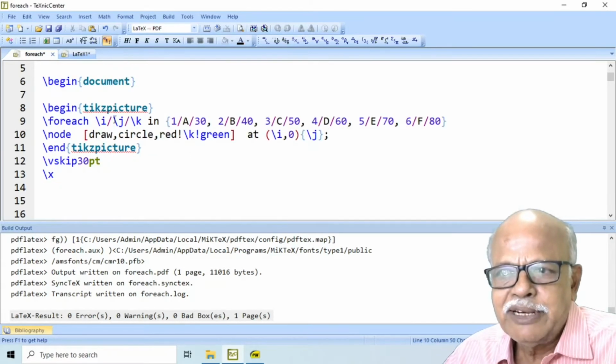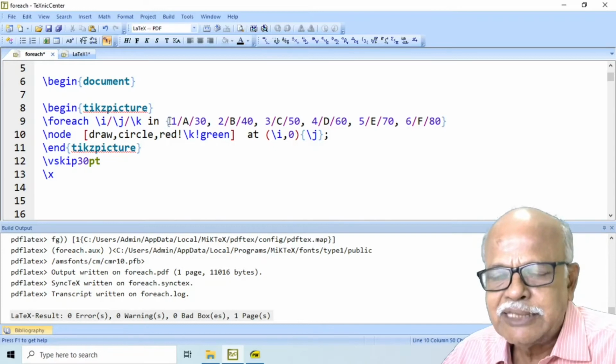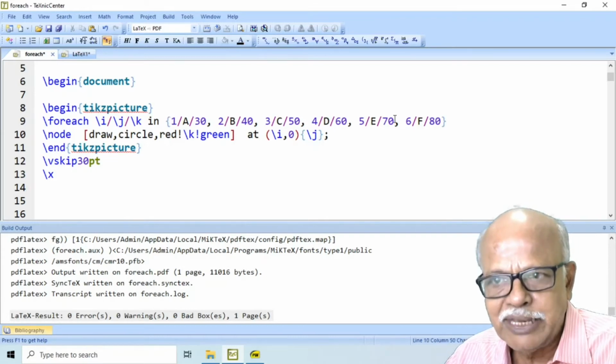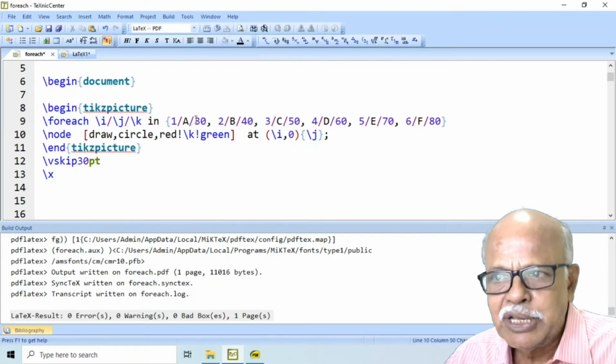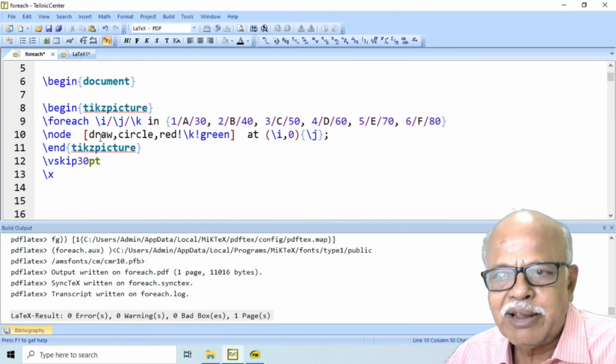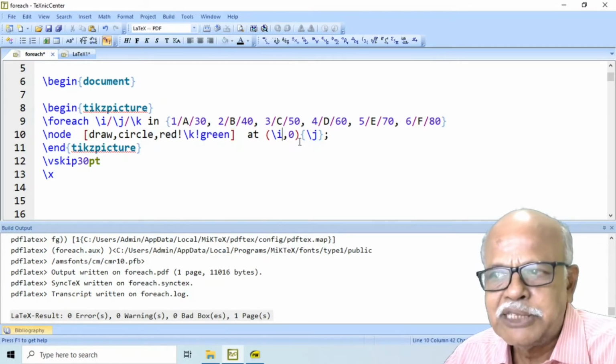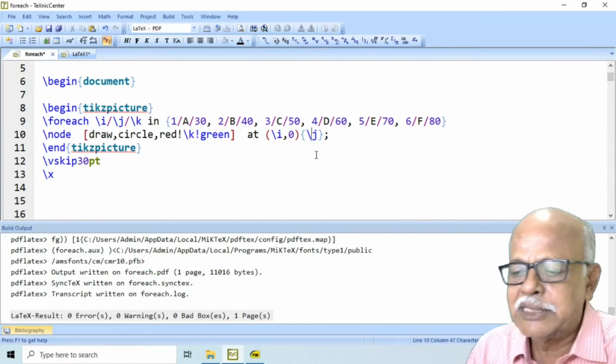We define variables i, j, k like this. i takes on values 1, 2, 3 up to 6. j takes on values A, B, C up to F. k takes on values 30, 40, etc. up to 80. Then we draw a circle with this as a color at \i, 0 and labeled as \j.